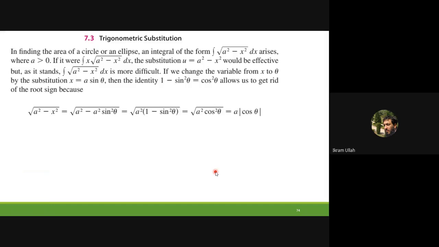If it were an integral of the form with x outside, the substitution u equal to a squared minus x squared would be effective, but as it stands, the integral of root a squared minus x squared dx is more difficult. If we could change the variable from x to theta by the substitution x equal to a sin theta, then the identity 1 minus sin squared theta equals cos squared theta